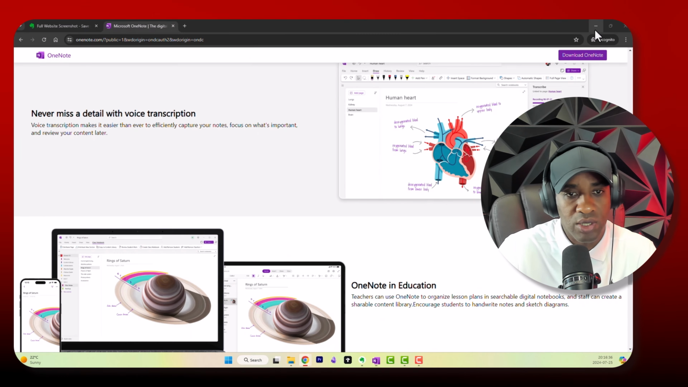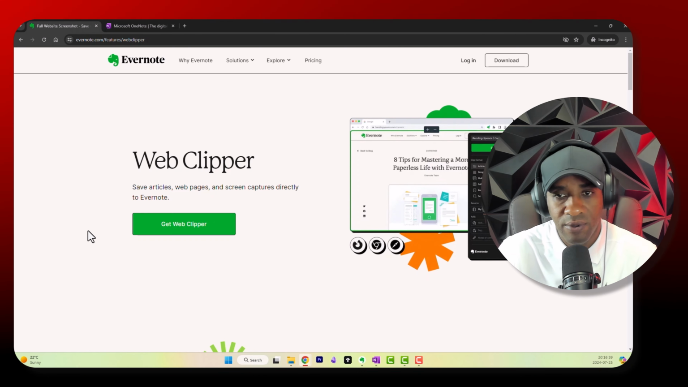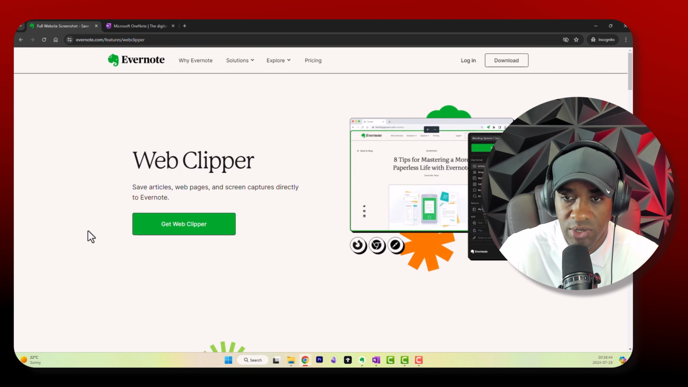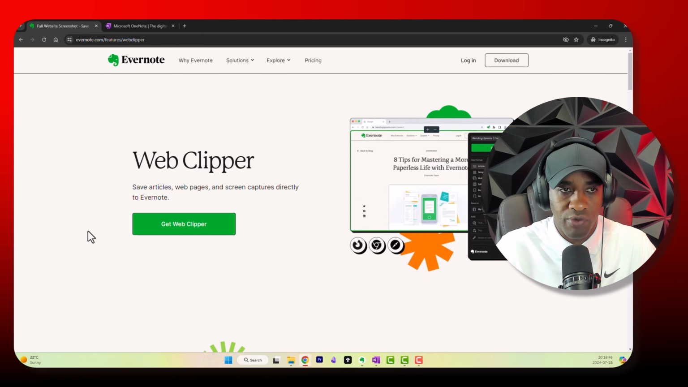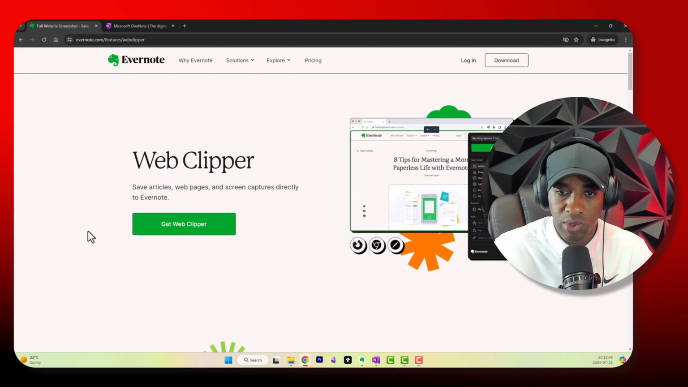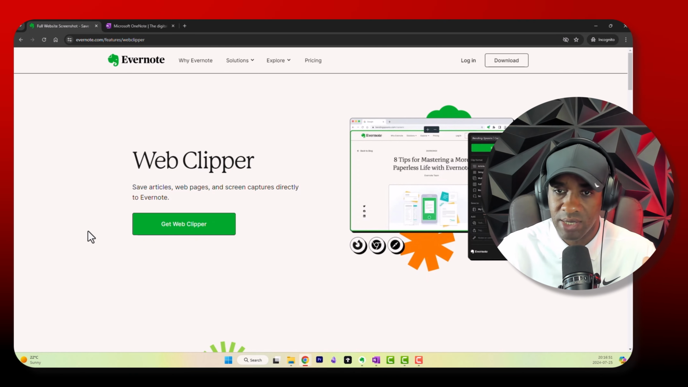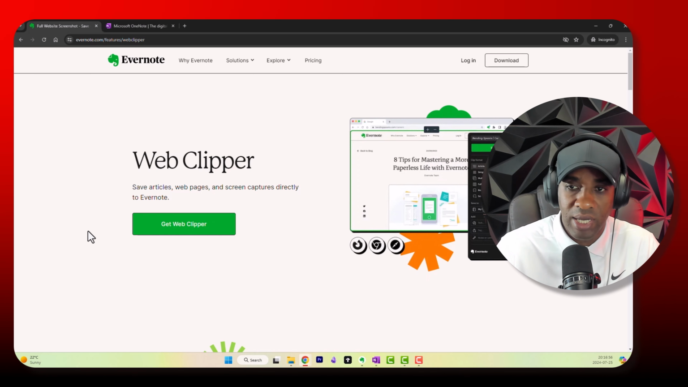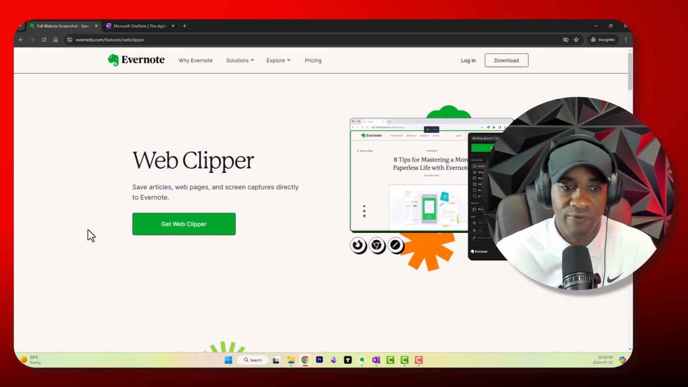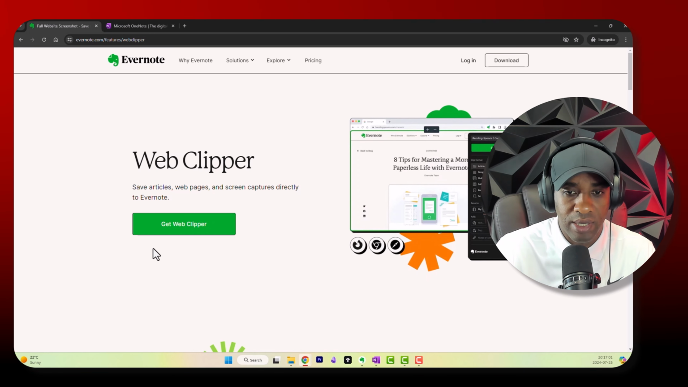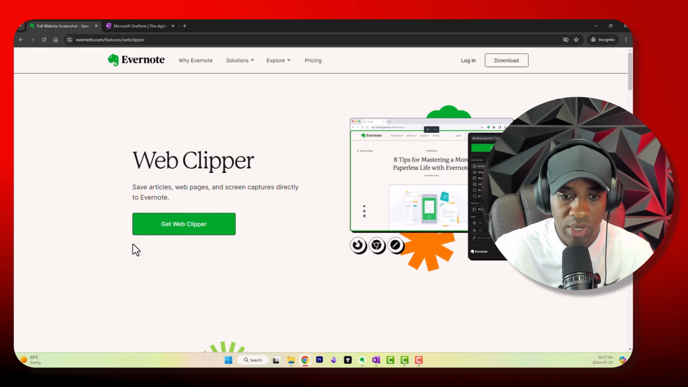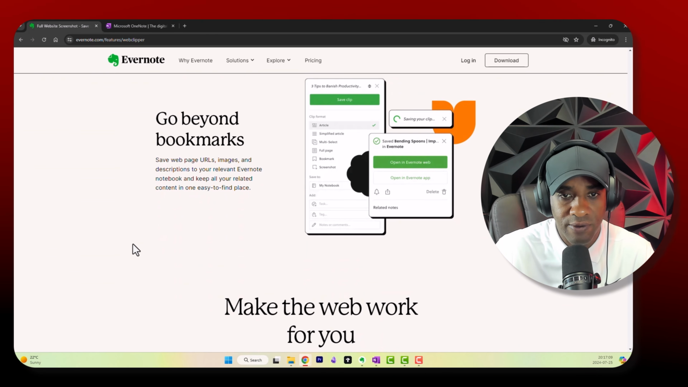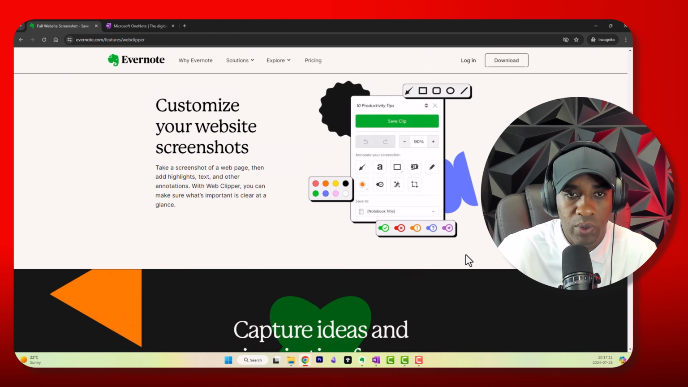So now let's take a look at what Evernote has to offer. Evernote has almost the same or identical feature set as OneNote. However, Evernote is geared more towards the general population that is not limited to the Microsoft ecosystem. It has the web clipper, the mobile, desktop and web. It has pretty much everything that OneNote would have. Let's take a look at tasks, for example. That might be something that is quite different